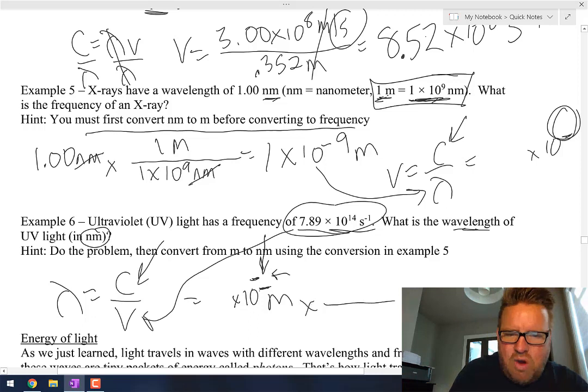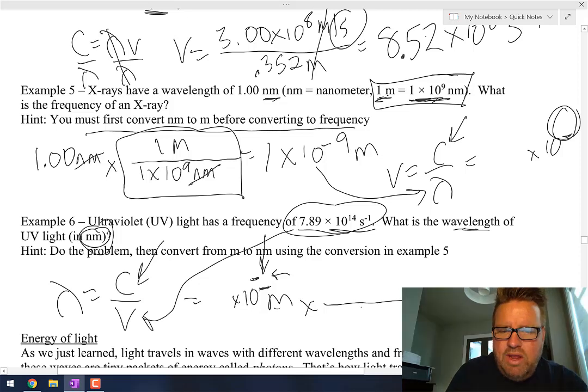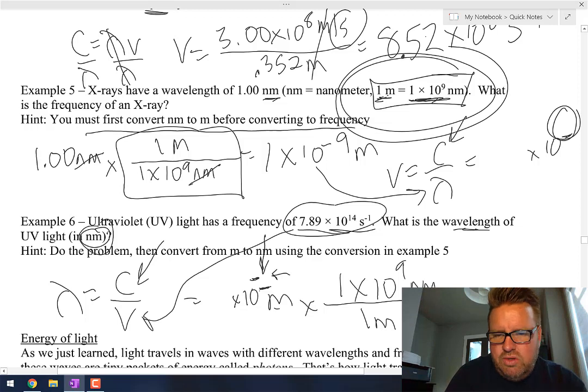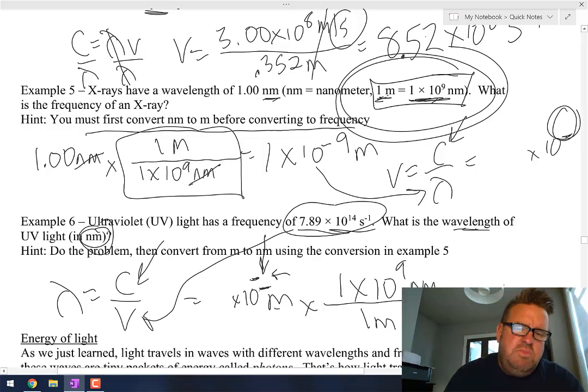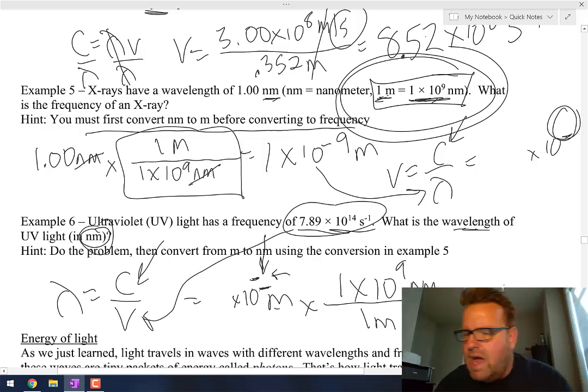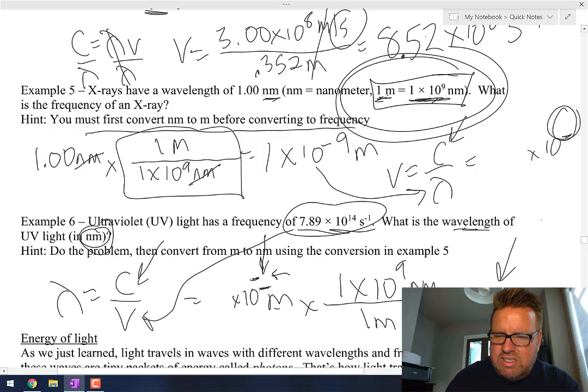Okay, once you get that, now we need to convert those meters to nanometers. So similar to what we did here, but now meters are on the top. So I need to put 1 meter on the bottom, and then 1 times 10 to the 9th nanometers, because that's the conversion I gave you up here to get nanometers, and then your answer will be in nanometers. Okay, and then once you do that, the overall answer should be somewhere in the hundreds, I believe, if I remember correctly off the top of my head. Your answer should be like 700 and something. Okay, not 7.0 times 10 to the something or to the negative something. It should be, again, a number that's bigger than 100 but less than 1,000. Okay, so try to get that, see if you can get that correct answer, and then we'll do some practice problems on